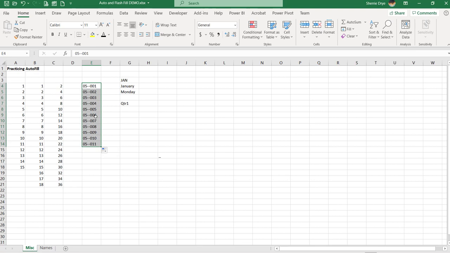Now, if for some reason you didn't want it to do that, you can still go to those autofill options and tell it to just copy the cells, which would be the first value that we used. So in that case, let's choose to fill the series, but you can always tell it that you don't want it to use that autofill option for the series. It works really well with months and